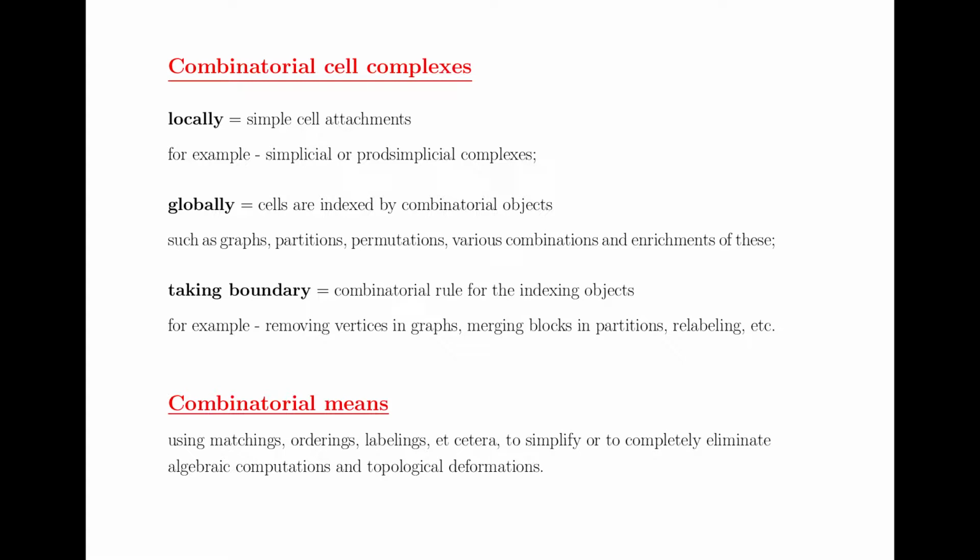Just a few words, because these will be the kind of cell complexes which we will also have in distributed computing. All of them will be simplicial complexes, there will be names for all of the simplices, and also there will be combinatorial procedures for taking the boundary. So not only is it necessary to name the things correctly, but also it's necessary to describe correct algorithms, what it means to take the boundary, which goes beyond just the usual simplicial boundary.